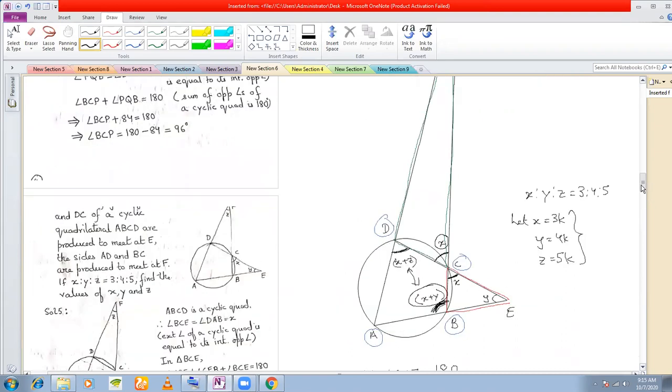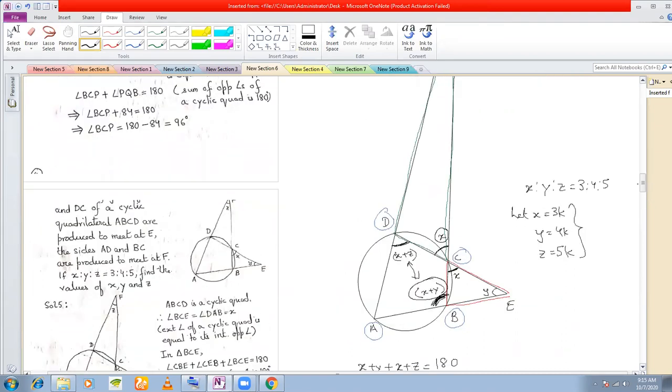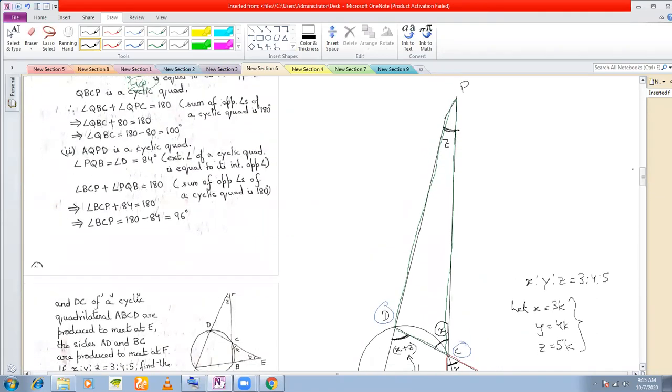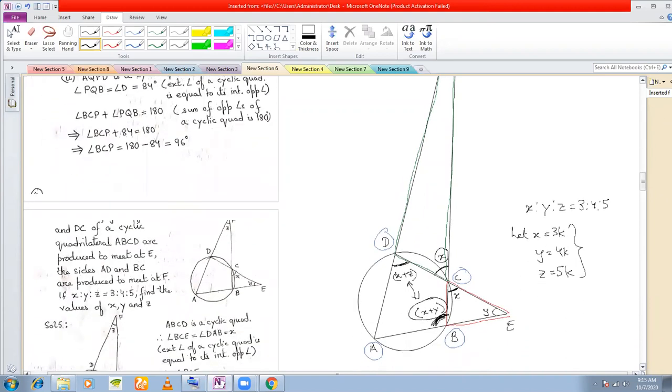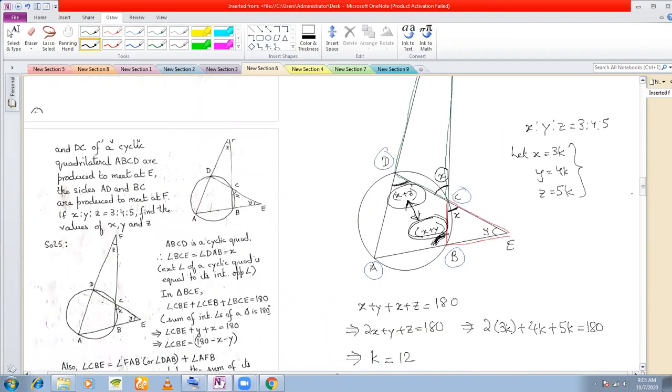So what are the three things that I have utilized here? In the red triangle, I have utilized that exterior angle is equal to the sum of two interior opposite angles. In the green triangle, this long triangle, I have again utilized the fact that exterior angle is equal to interior opposite angles. Once I got these two angles, x plus y and x plus z, I see that these two angles are actually the opposite angles of the cyclic quadrilateral ABCD. And therefore, their sum must be supplementary, equal to 180 degrees.